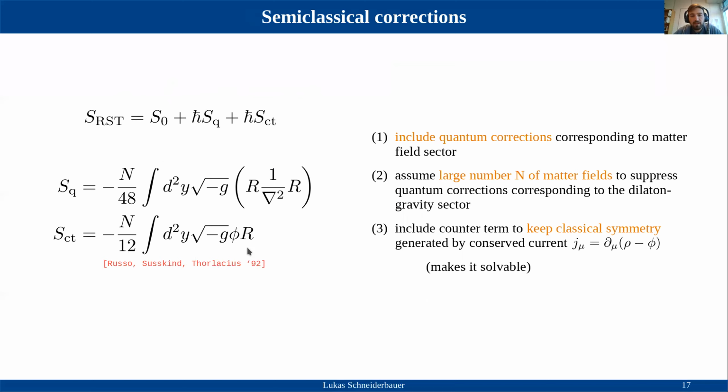What it does is keep a classical symmetry which was there, generated by this current here, where rho is associated to the conformal factor, to keep the symmetry. It turns out that this makes it easier to write down solutions. So this is what we're going to adopt here. We view this as a quantum effective action at first order, and now we minimize it, get equations of motion